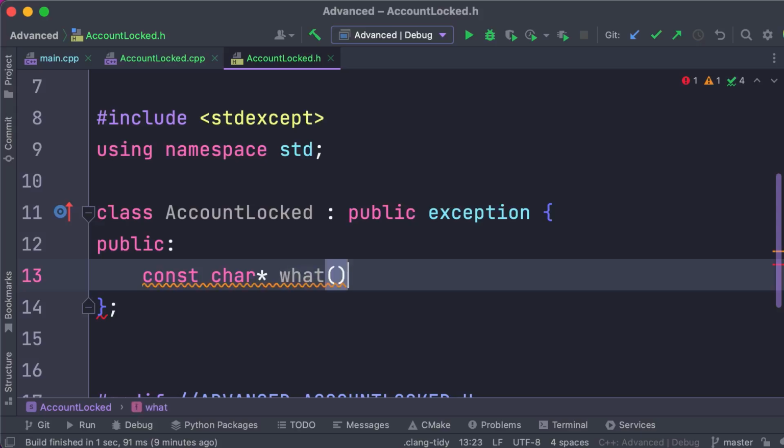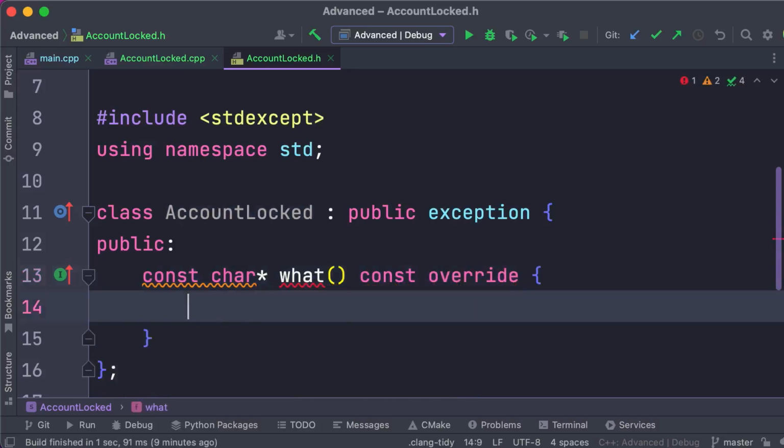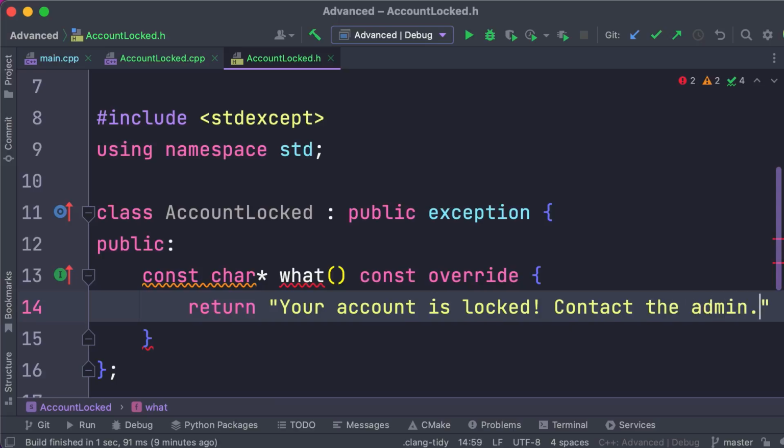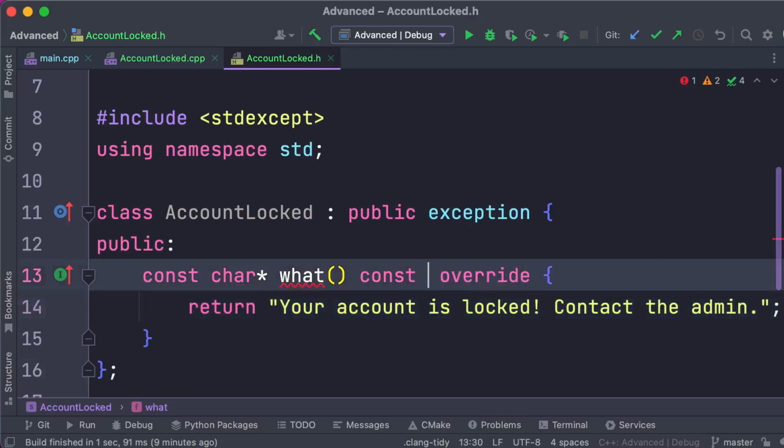Then we add the method name. This method is declared as constant. And here we add the override keyword. Now in this method, we return an error message like "Your account is locked, contact the admin." Okay. Now here we have a compilation error because in the exception class, this method is declared with the noexcept